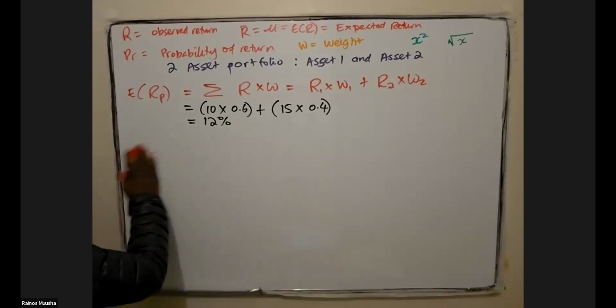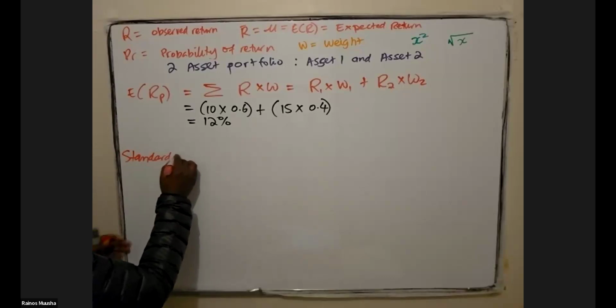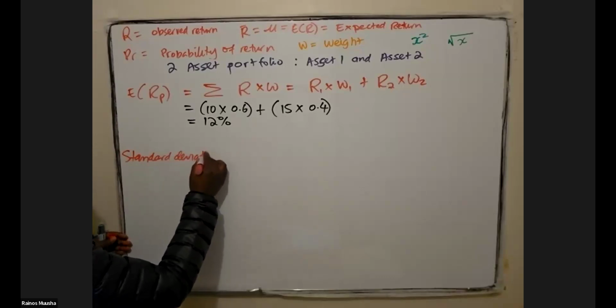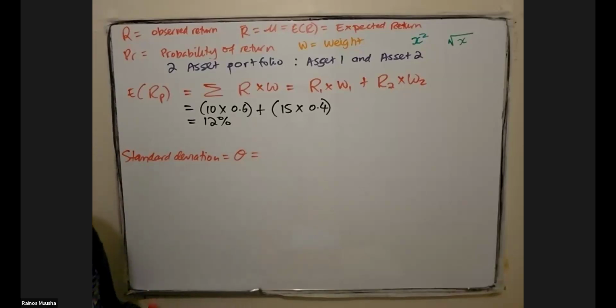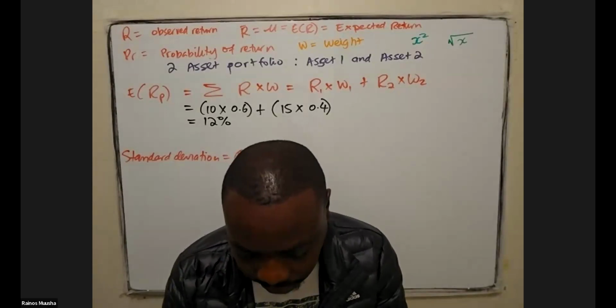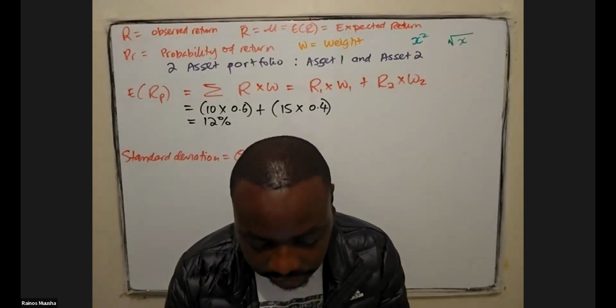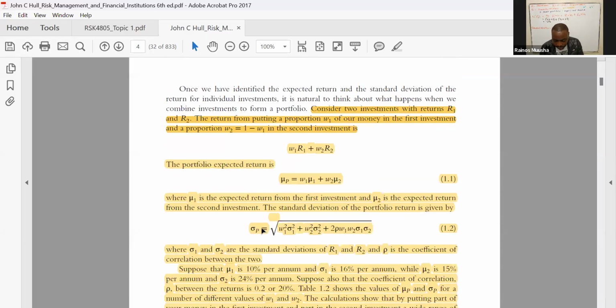So now we need to calculate the standard deviation of the two asset portfolio. Now, if you check in the textbook, they tell us that to calculate the standard deviation of a two asset portfolio, you are going to say the